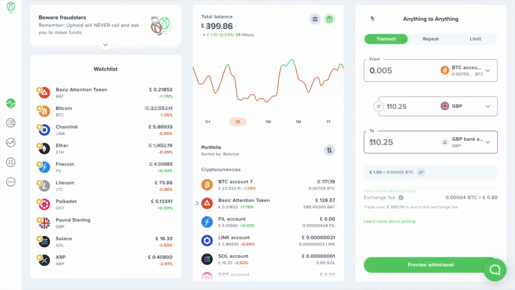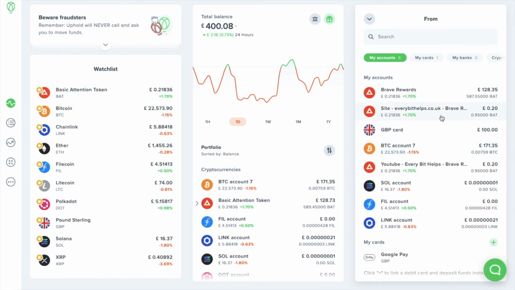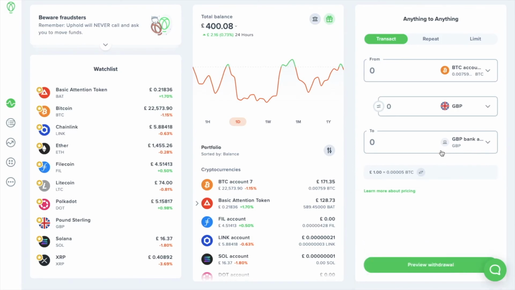Now when it comes to withdrawing crypto to a wallet instead, the process is very similar. So you head across to your Anything to Anything panel on the right-hand side of the screen. From the From drop-down, choose My Accounts, then select the cryptocurrency again that you want to withdraw from Uphold. And you can click See More to view all of your accounts. This time, when you click on the To drop-down,